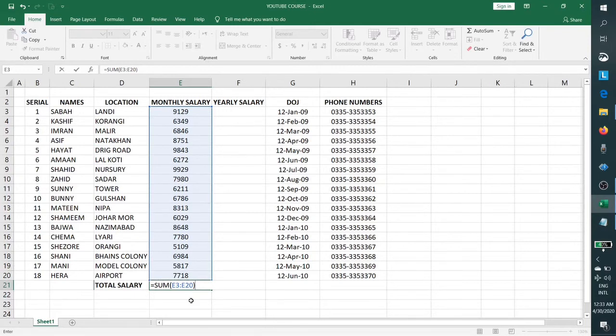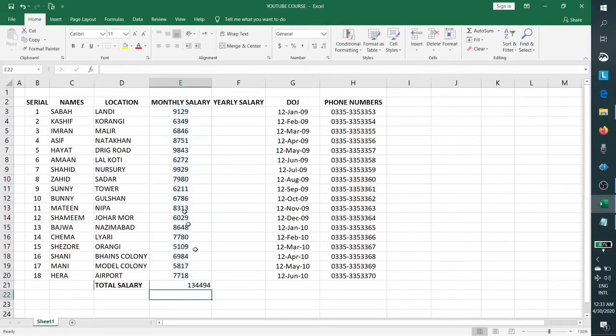It has given us the reference E3 colon E20, and if we press enter, it gives us the sum of all the salaries. So this is the easy way of making a sum if you have very large data.